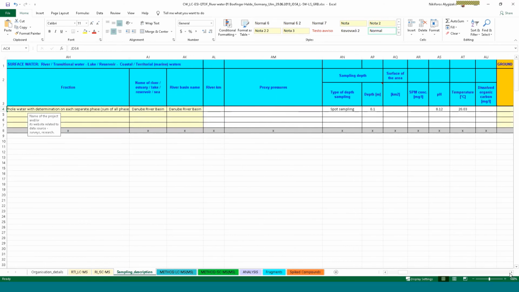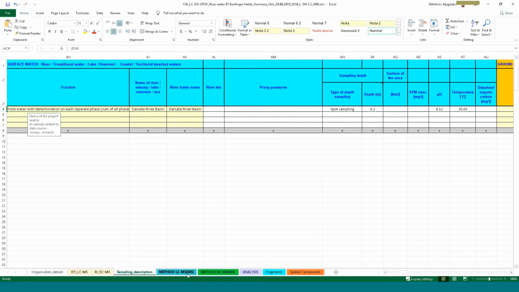In this case, it is a surface water sample, and more specifically, river water. Therefore, the respective information such as fraction, name of the river basin, sampling depth, pH and temperature are available. Other useful metadata, not filled in this specific example, can be found also here.